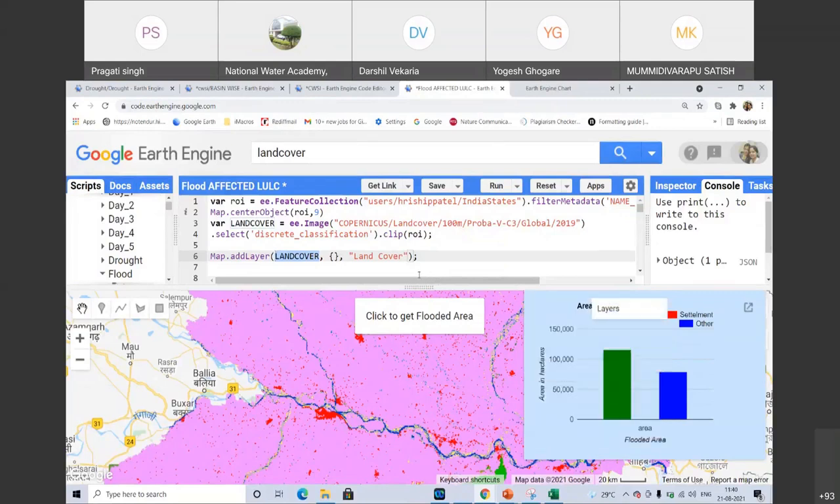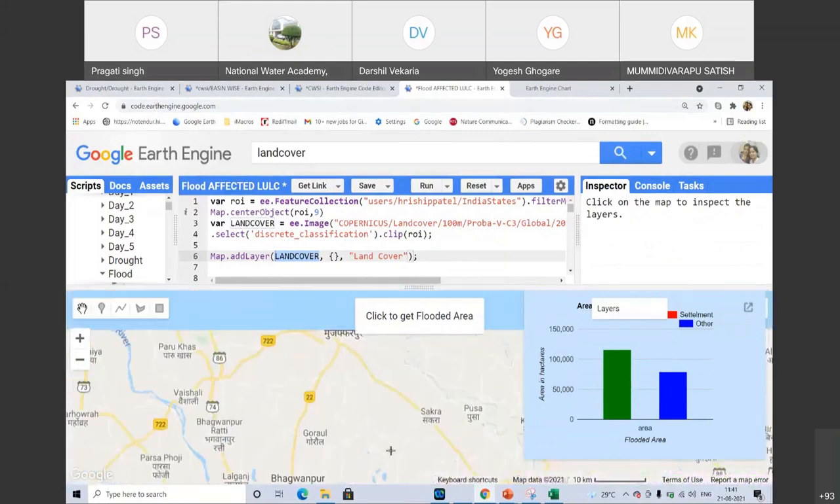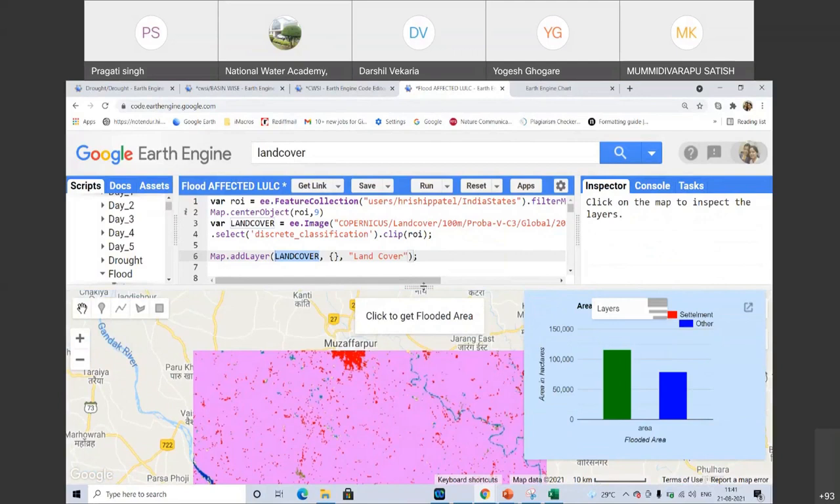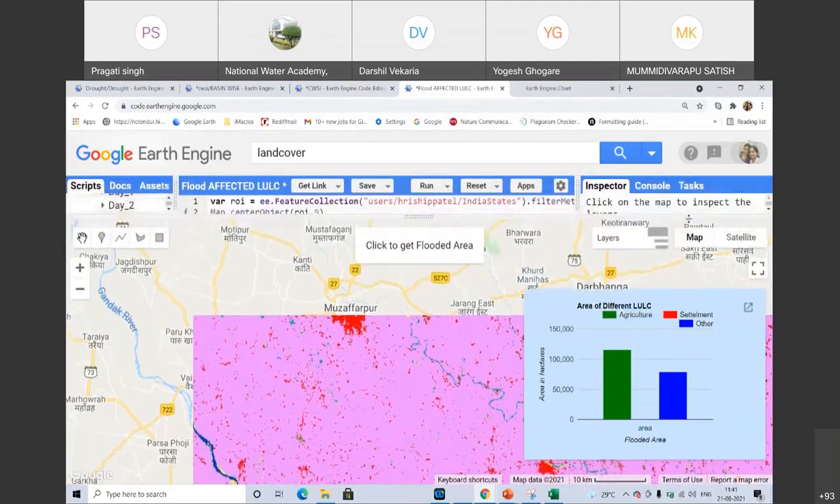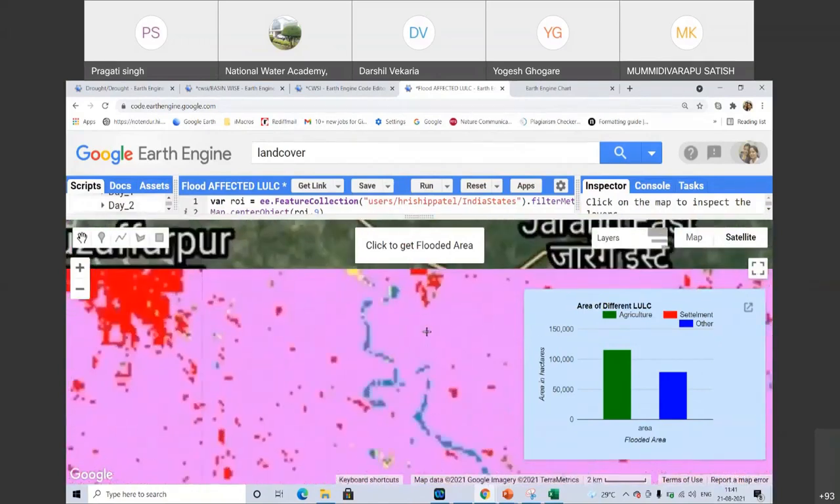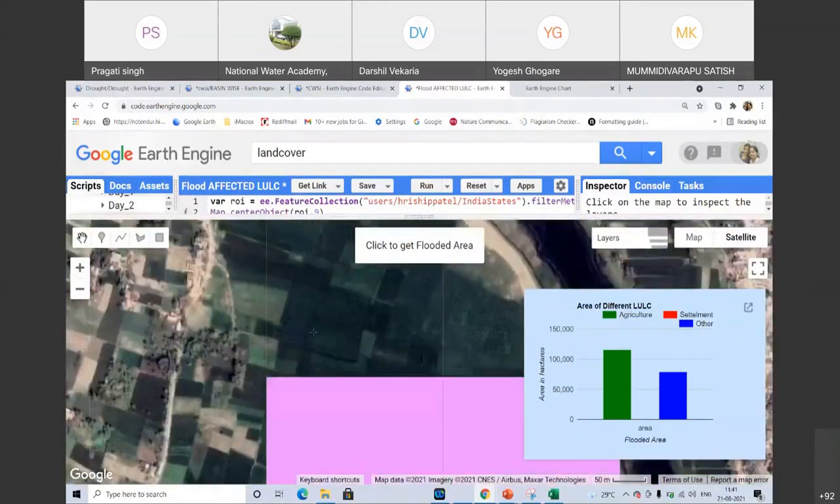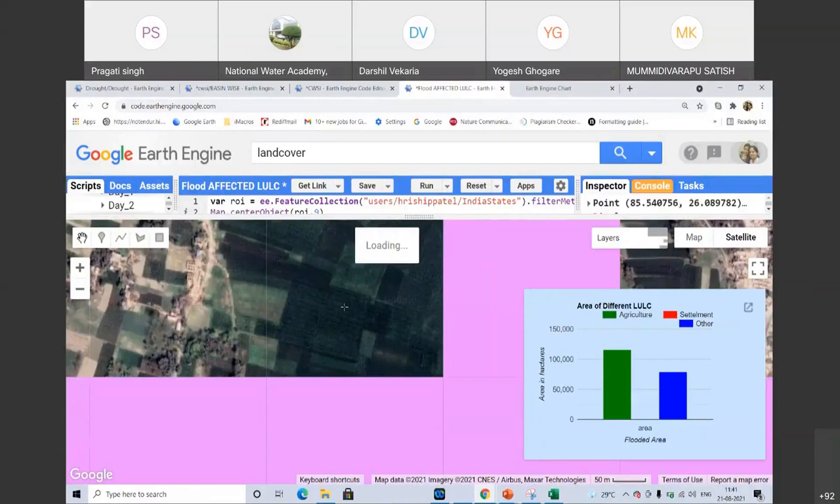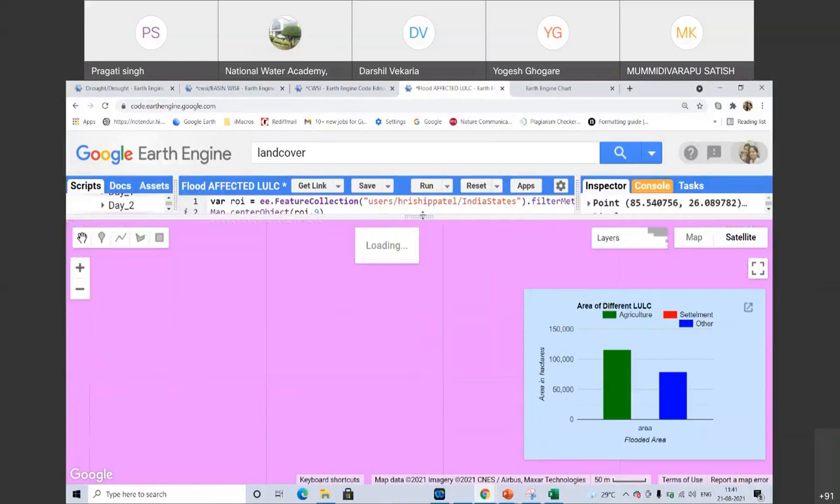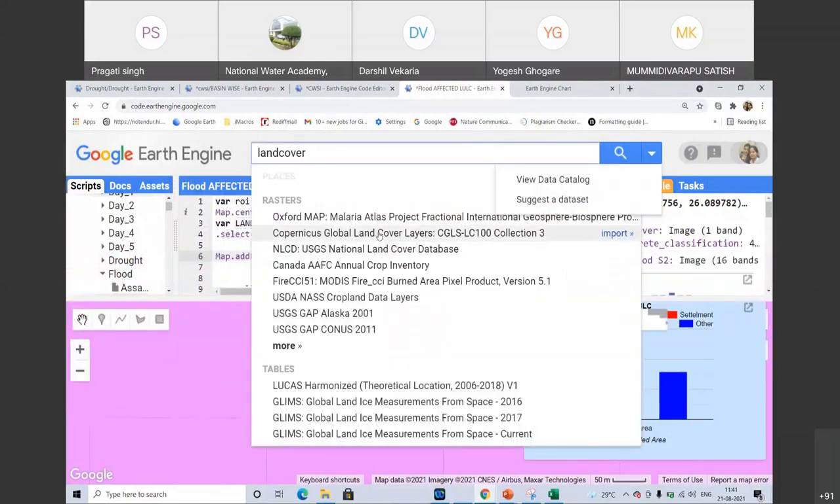So now we are going to analyze. Use the inspector panel if you don't know the classes. Zoom in, and to make it easiest to analyze, make the satellite imagery on the background and zoom in. So see, this is the agricultural land. You have to click here to know the classes. If you have any type of problem getting the classes from this,